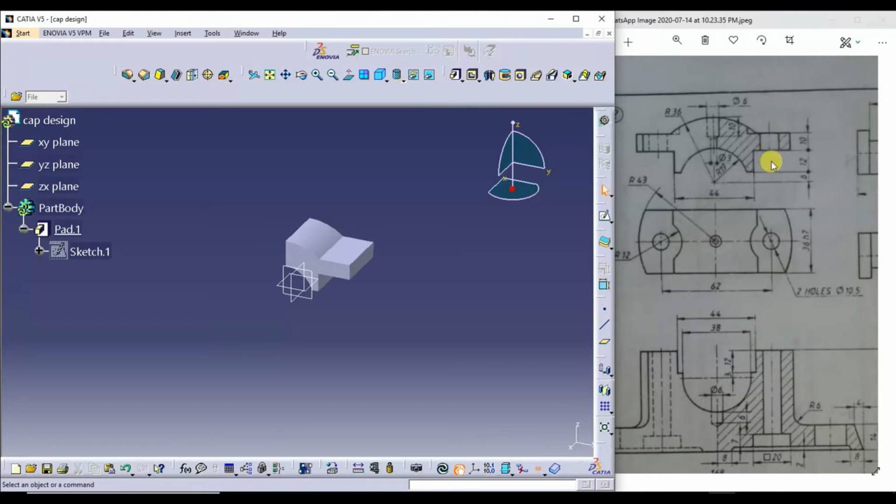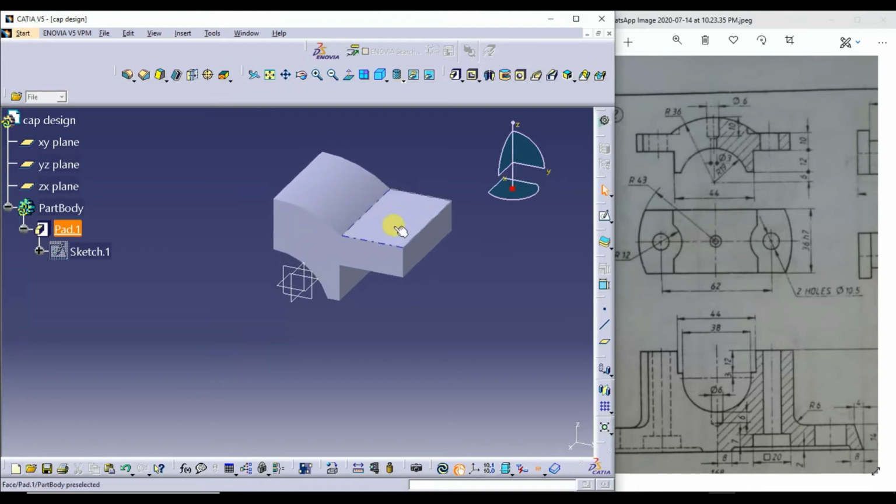Next I need to create this hole. Choose the plane. This hole is of 10.5 mm size in diameter.